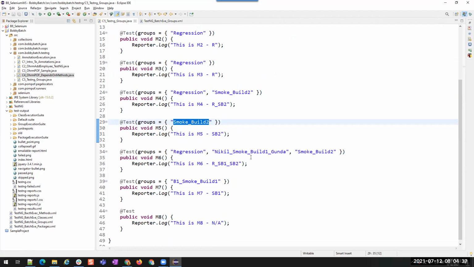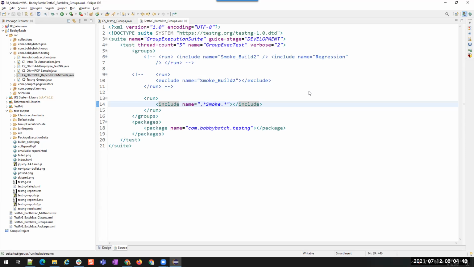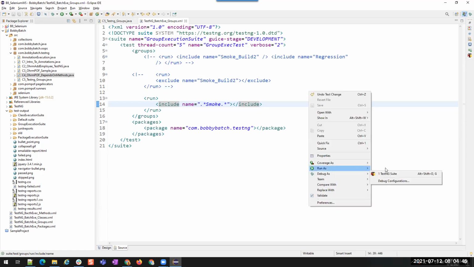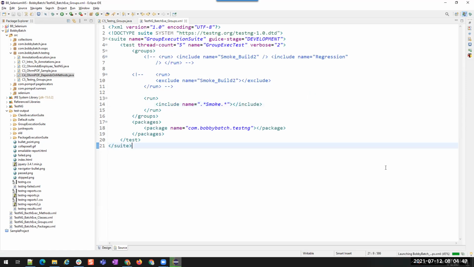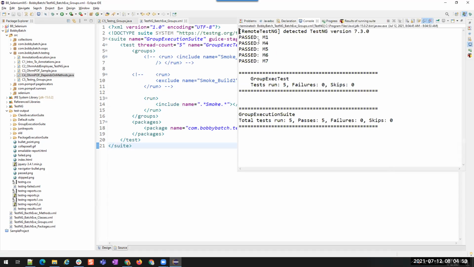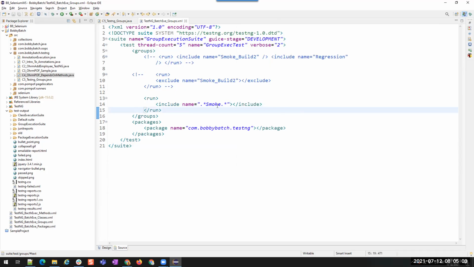M1, 4, 5, 6, 7. Let us execute and see. See, 1, 4, 5, 6, 7. Did it execute all the smoke cases? Yes. So you understood the regular expressions of group names?